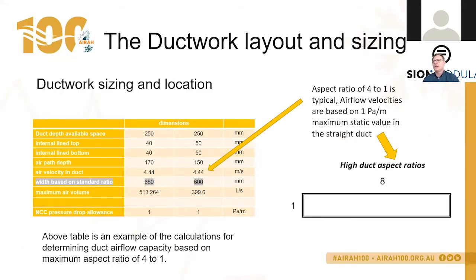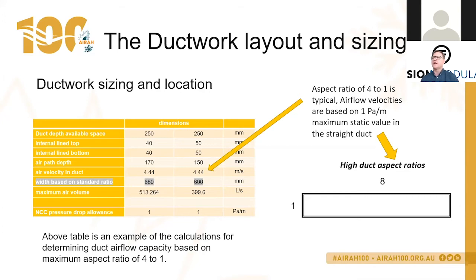So here's just a quick example of ductwork sizing. If I have available space, as per the previous diagram, we said it was 250 millimetres available space. And then we put internal insulation on the ductwork. We have, say, 40 millimetre internal insulation top and bottom. Therefore, we have an air path for our ductwork of only 170 millimetres in depth. And if we were to not exceed the 1 Pascal per metre, we can then have,